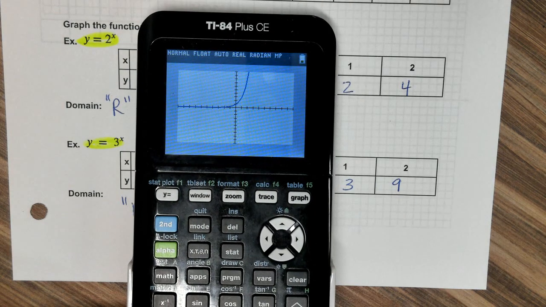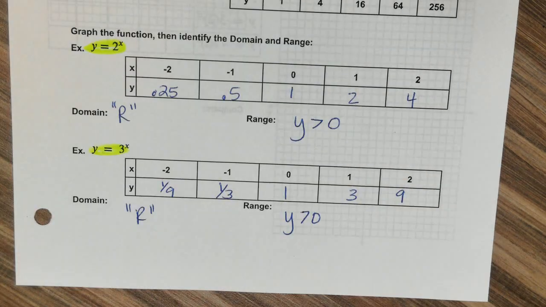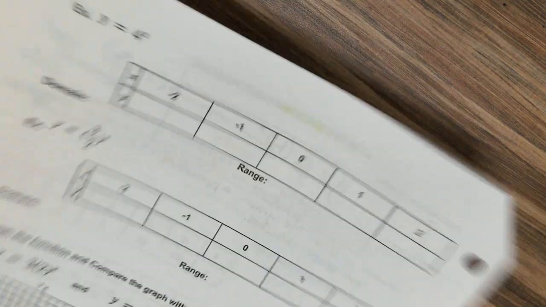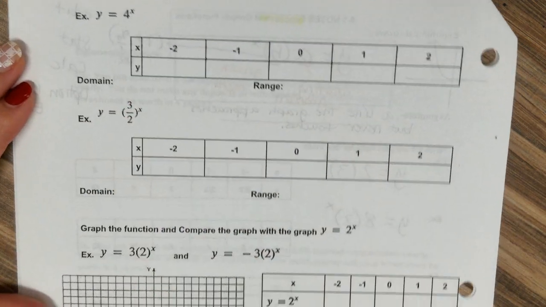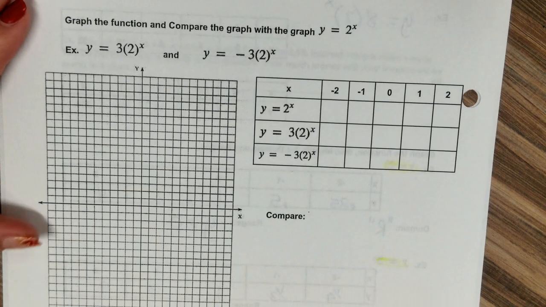All right, what is the range? Y is greater than 0. All right, any questions on those? Now, I want you to skip these two. We're not going to do more. Y'all already know how to do them. We're going to go down and we're going to compare